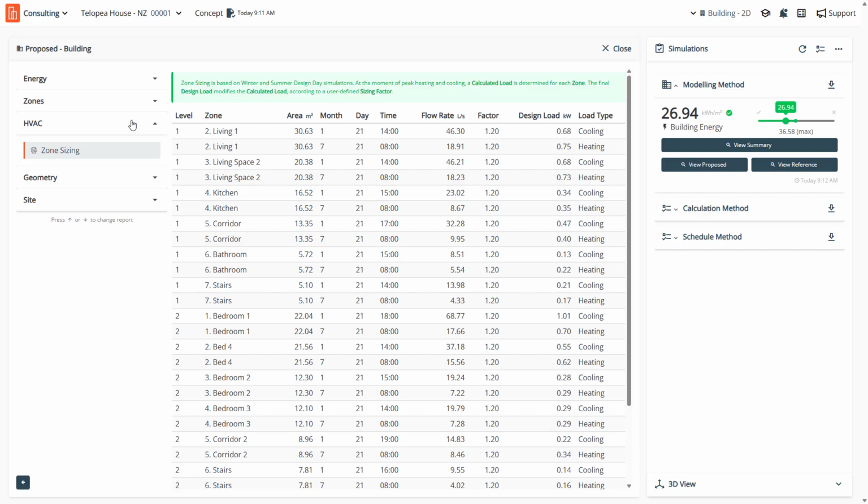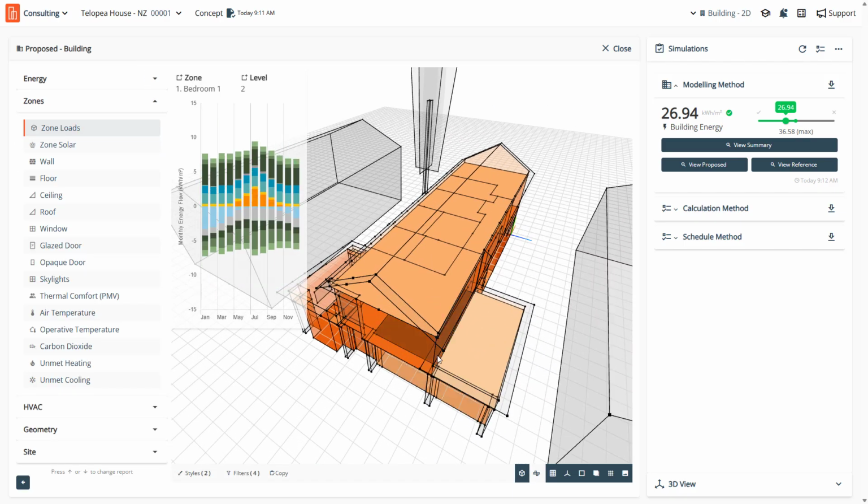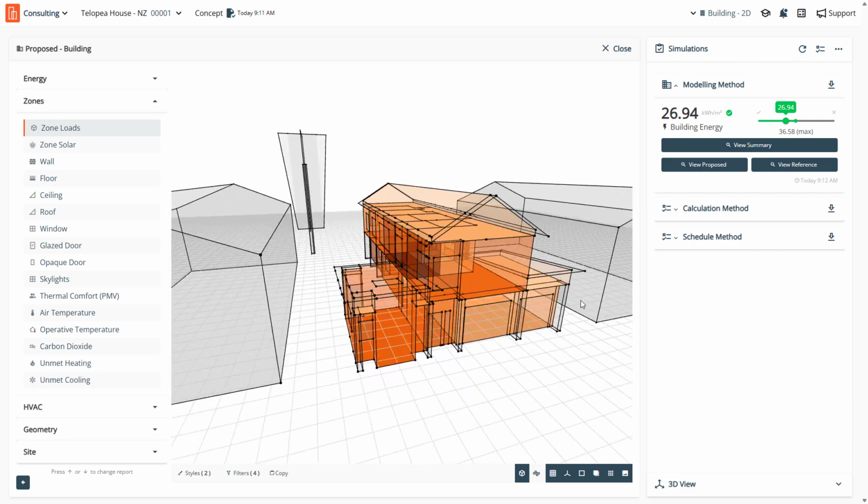Should you want to even look at HVAC zone sizing, you can on a zone by zone basis here. So this is where the VM1 process actually provides a much greater value add than the calculation method or the schedule method, and is well worth looking at. And once you get into zones here, this is where things start to get a lot more interesting, because you